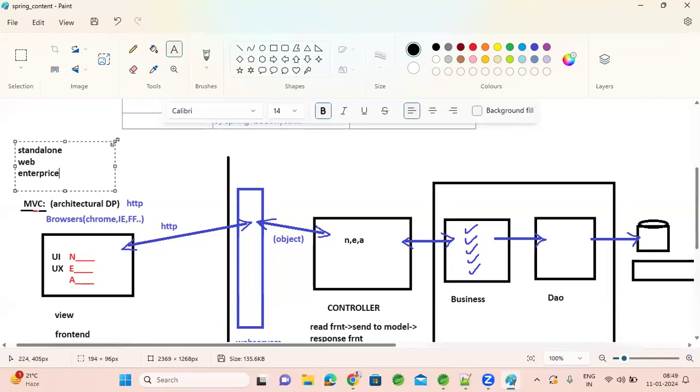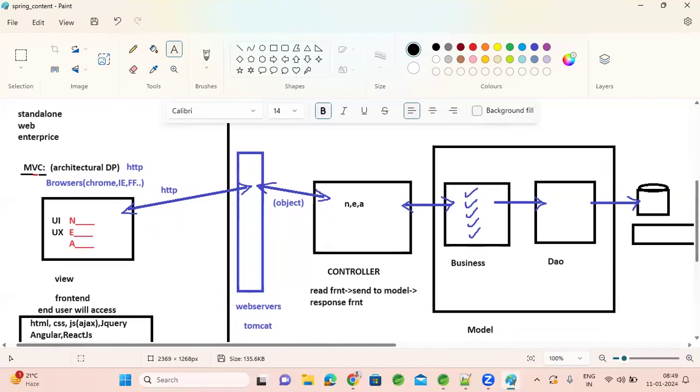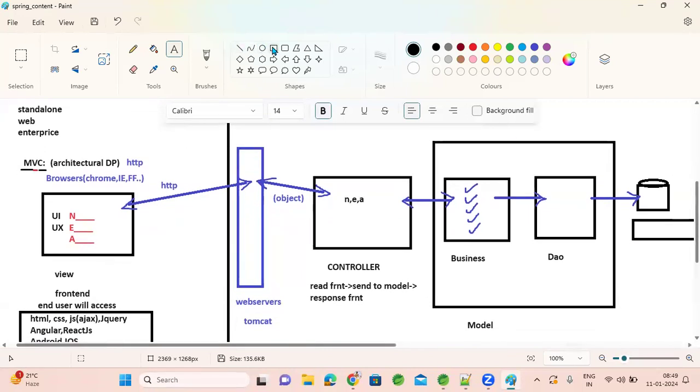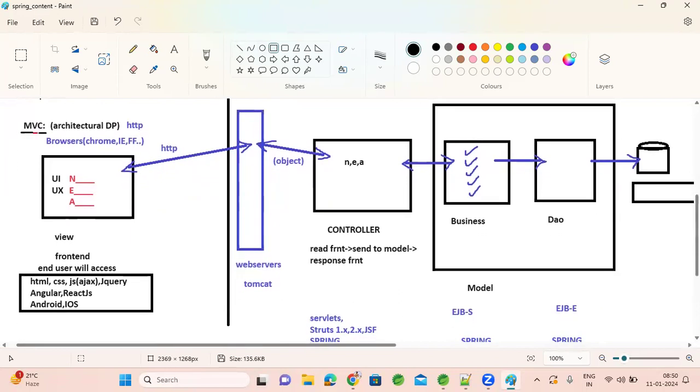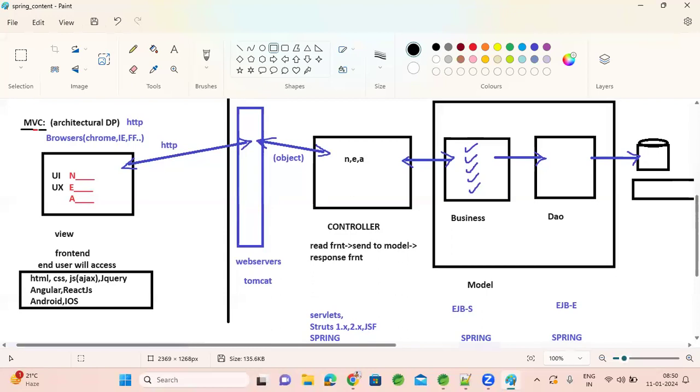The application can be any type: a real business application, a simple web application, a blog kind of thing, or an application running on a single machine, like standalone. For writing code, we will follow the MVC architectural design pattern, model view controller.